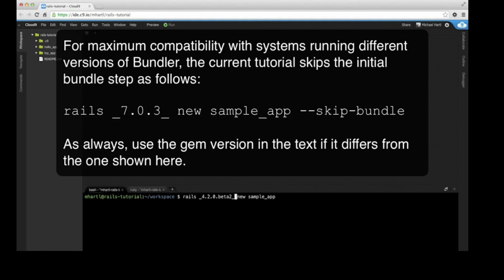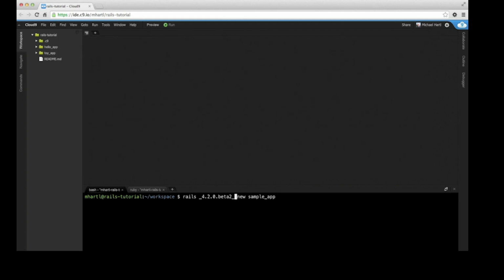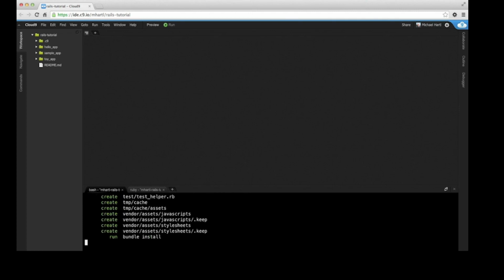But in fact, there's a slight subtlety. Things will still work if you use beta 1, but it won't be quite as smooth. So this is actually better. And I'll show you in a second what happens if you don't have this. This should be installed on your system because when you run bundle install on these guys, like the Hello app